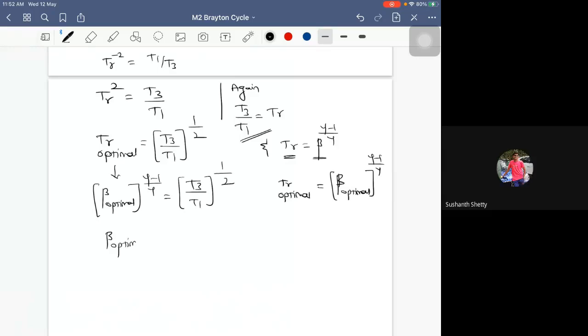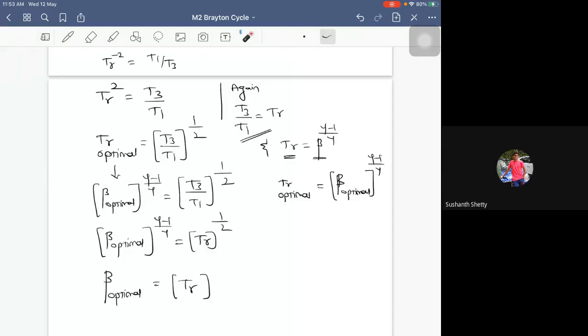TR. So it is gamma minus 1 by gamma, that is equal to TR whole to the power of 1 by 2. Now, to get the final beta optimal value, I have